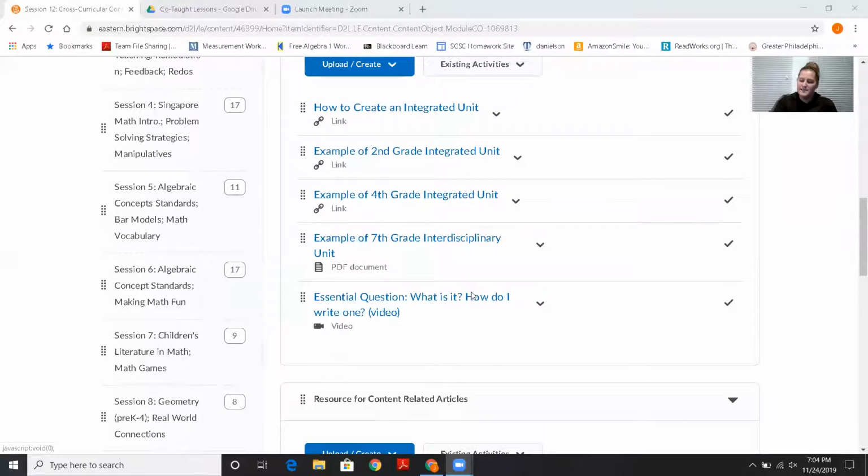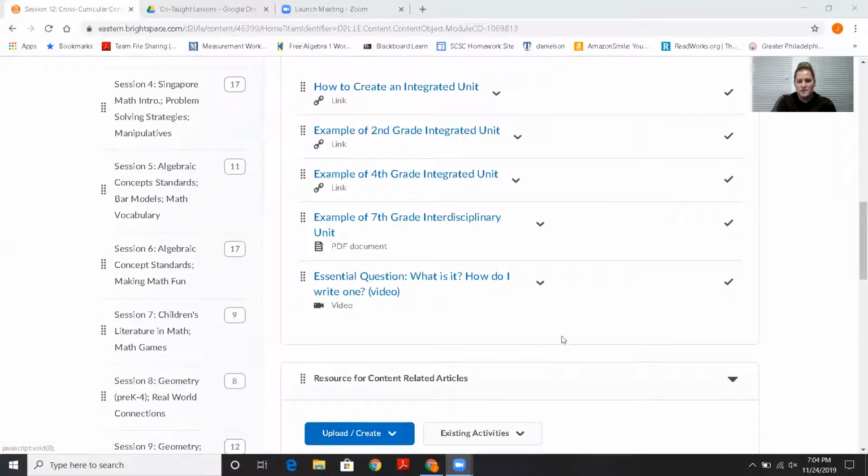Same thing with big ideas. Big ideas are very general. It wouldn't matter what grade level you're in, that big idea would still apply. So if you haven't gotten that down yet, I really do suggest that you check out PDE's site, click on curriculum frameworks, and then you'll see within the curriculum frameworks, they give you examples or suggestions for big